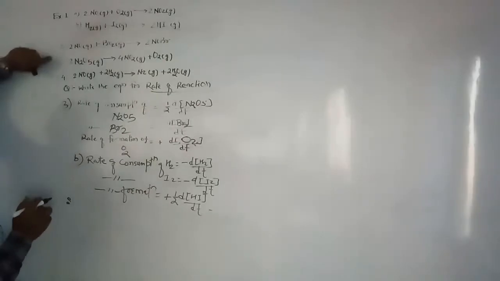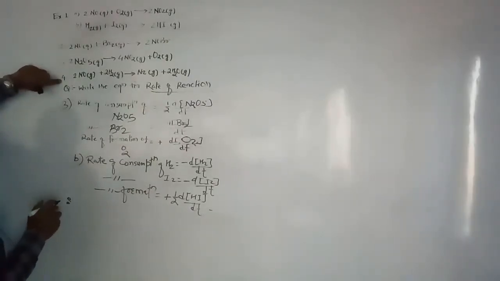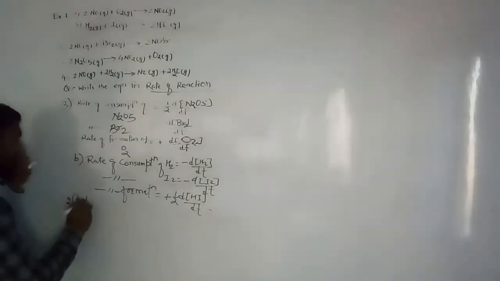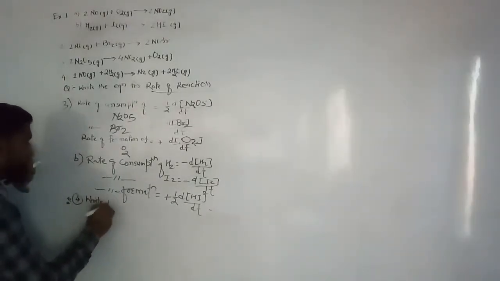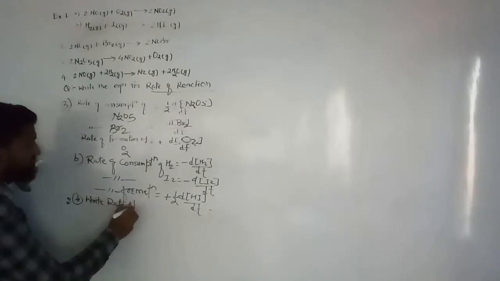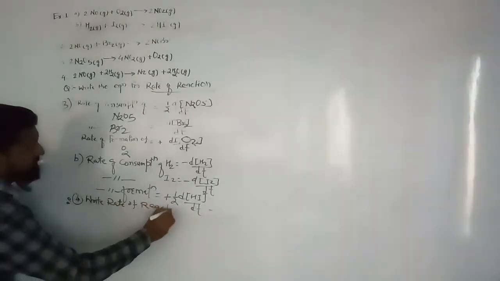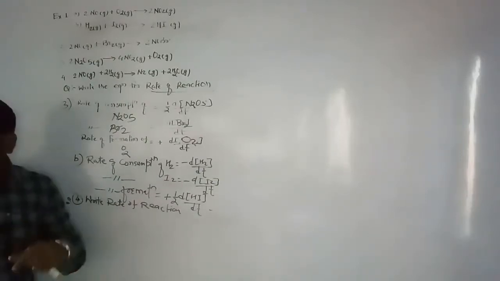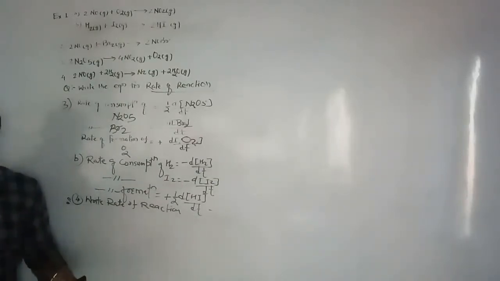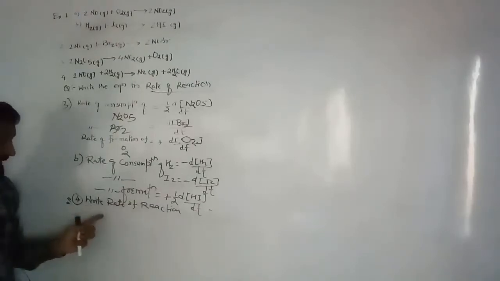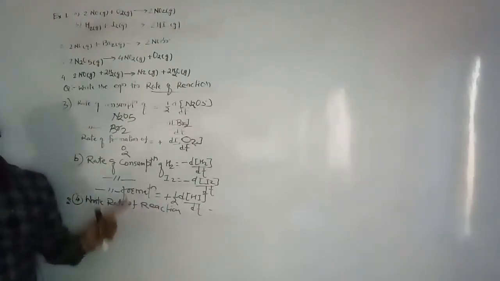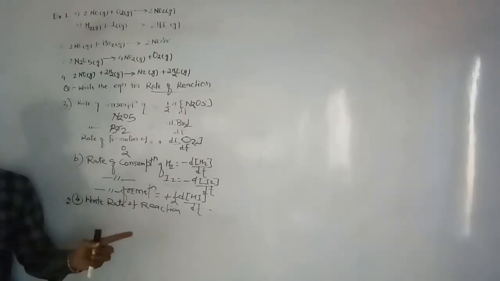For example, write the overall rate of the reaction, and for that purpose we select reaction number 4 directly. Reaction number 4, what is the agenda? Write the rate of reaction. So here there is no specificity, we are not asked to write either reactant or product. The only question is to write the rate of the reaction, so we have to mention all the reactants and all the products.